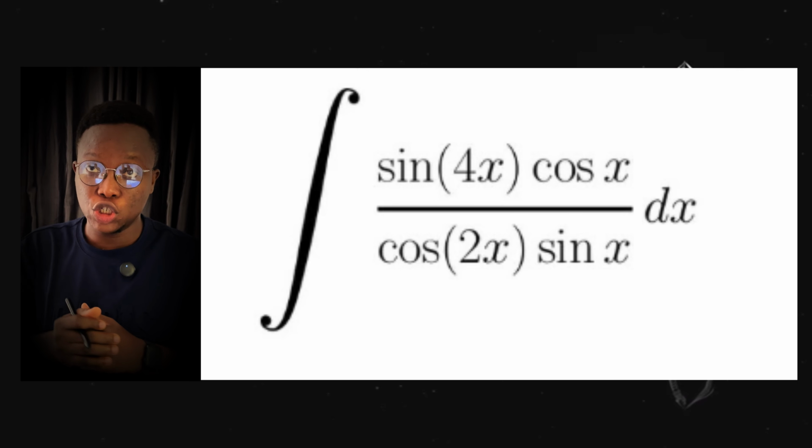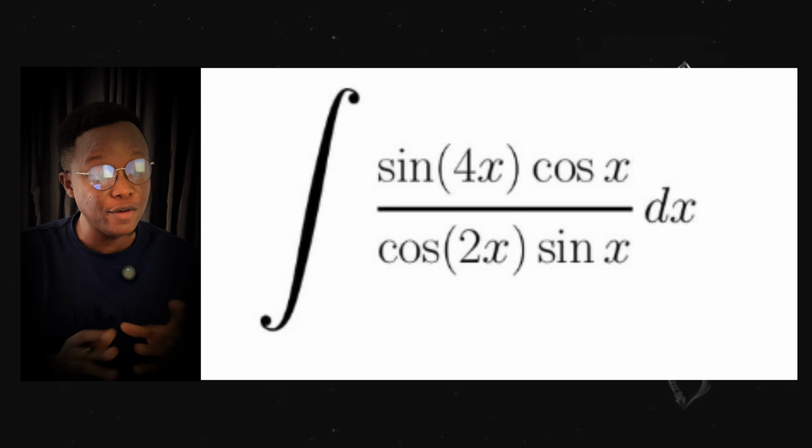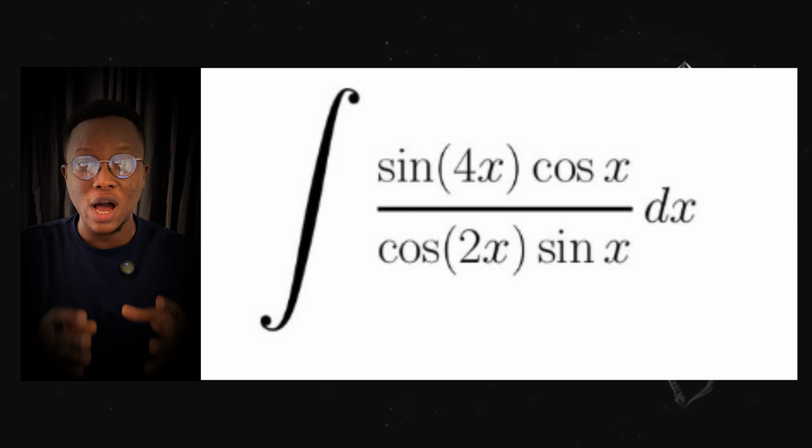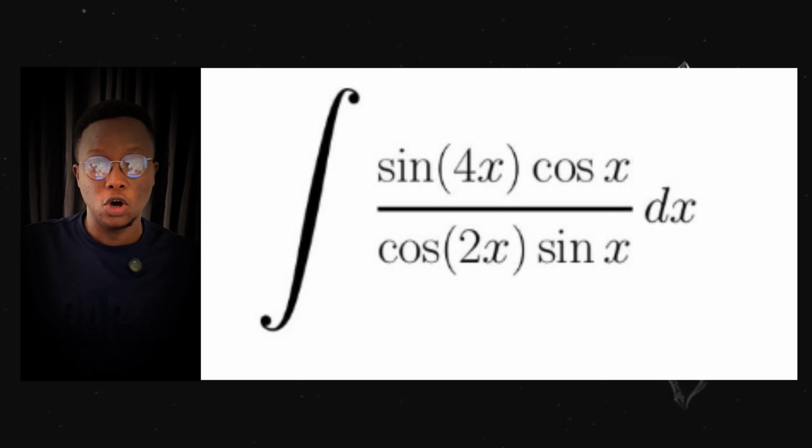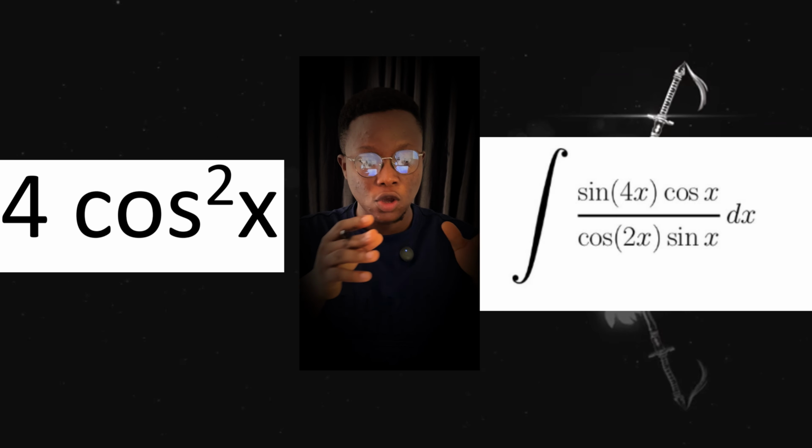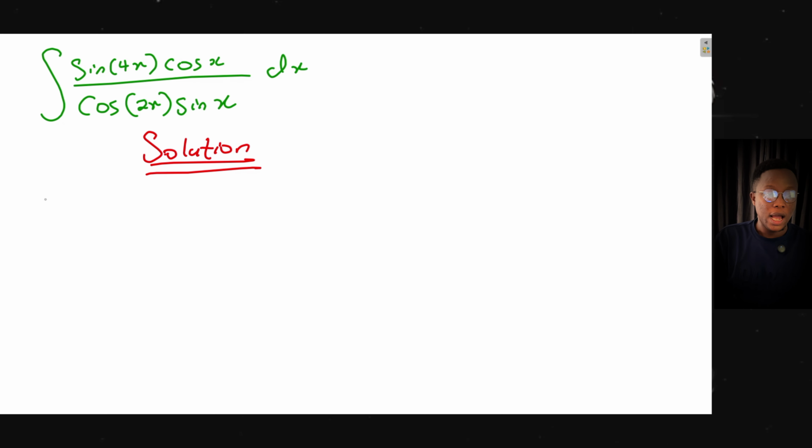This integral question might seem very difficult until I show you how all of this becomes all of this. We start by identifying the trigonometric identities in the integral question. So first off, we will find out that sine 4x can be rewritten as 2 sine 2x